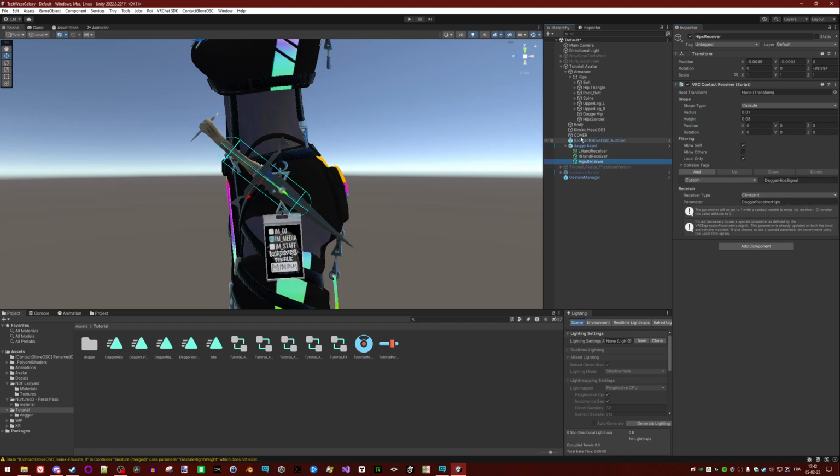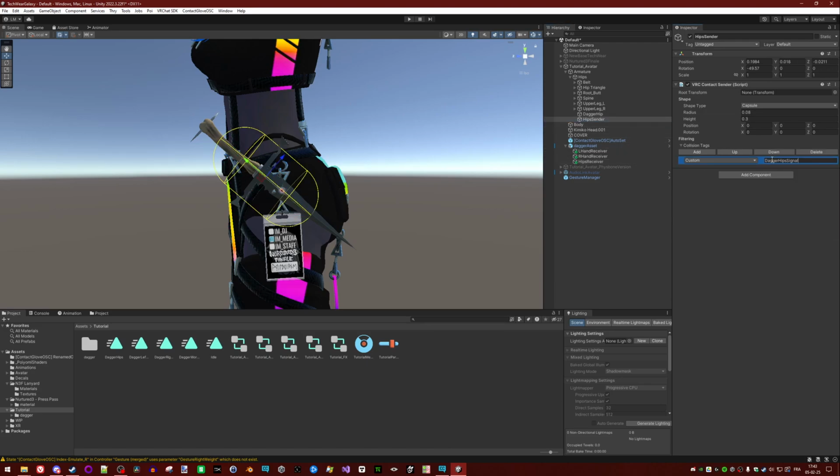I would recommend each time you have to use a word, a name at multiple places, use copy and paste, because everything in Unity is case sensitive. Dagger hips signal with D, H and S as capital letters is not the same as dagger hips signal with a small d, a small h, or a small s. So names matter a lot.